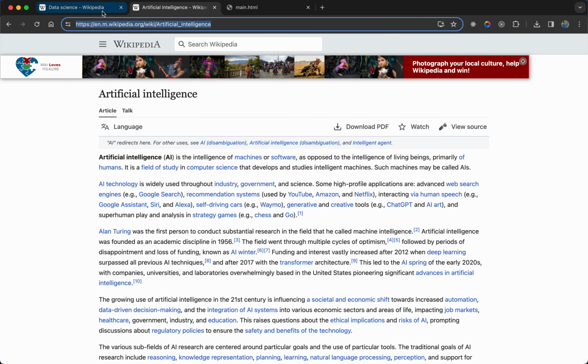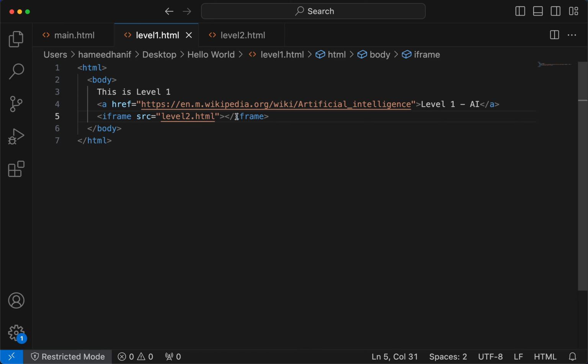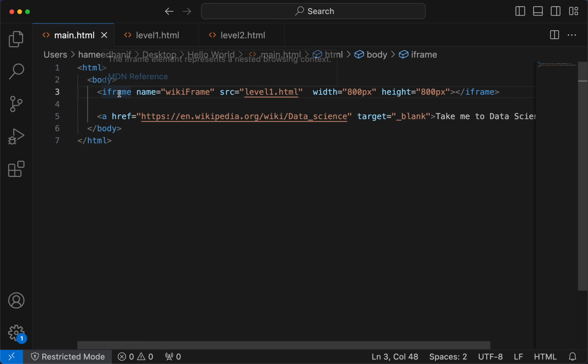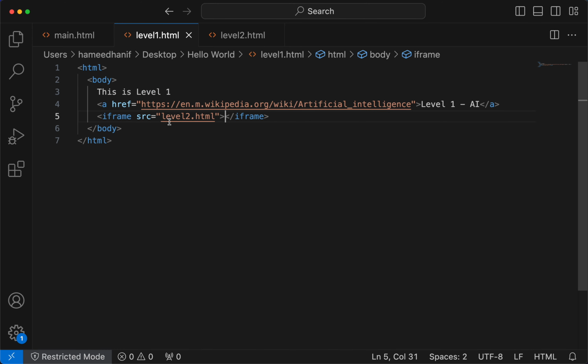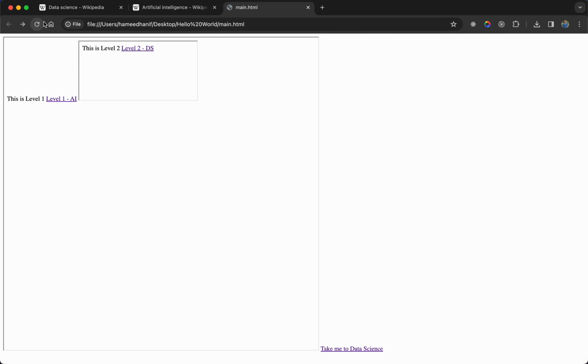Now the href would be for data science. This is it. So main.html has an iframe which points to level1.html. Level1.html has an iframe which points to level2.html. So when I refresh,